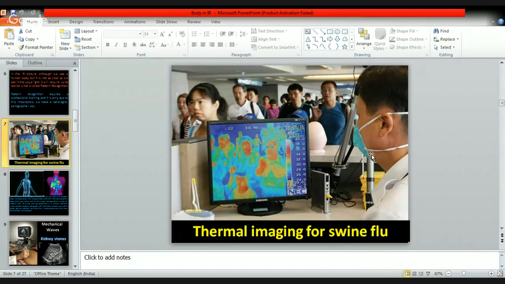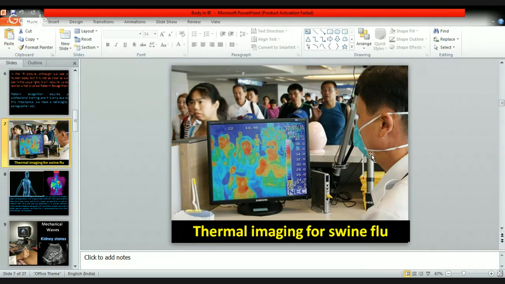At the airport, a camera is installed. If somebody is suffering from a high fever, the infrared intensity will be higher, and immediately one will be able to point out, yes, you are suffering from a higher fever. The person will never be in a position to know, yes, it is swine flu. It's only to popularize the machine. This machine is being sold as a swine flu detection machine, but it is basically an IR camera installed at the airport to isolate people who are having a fever.